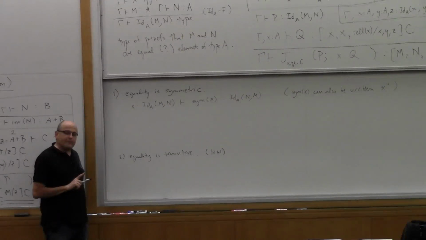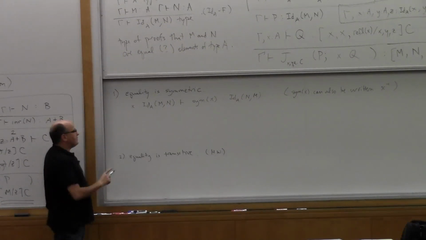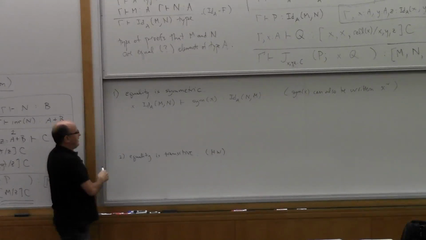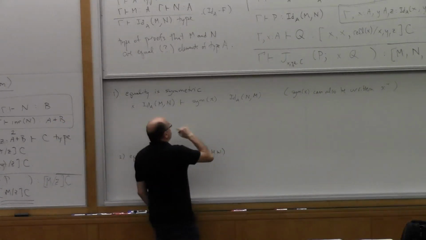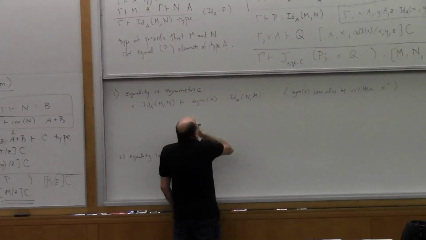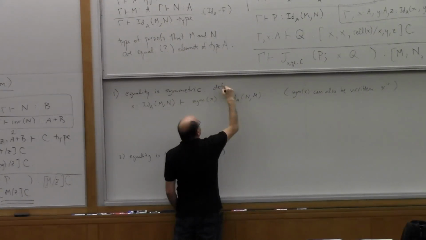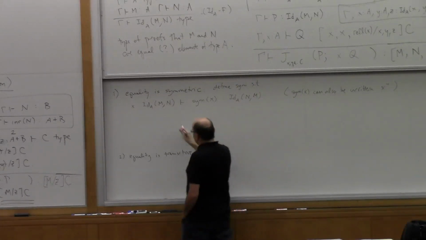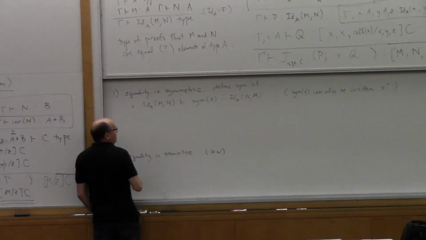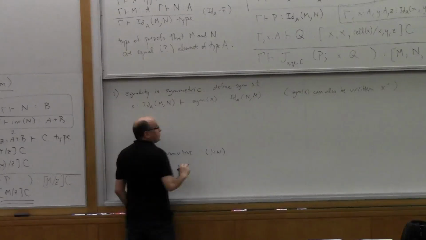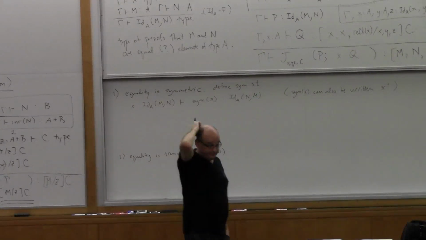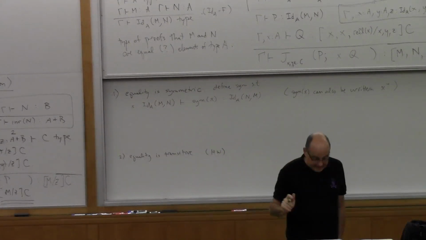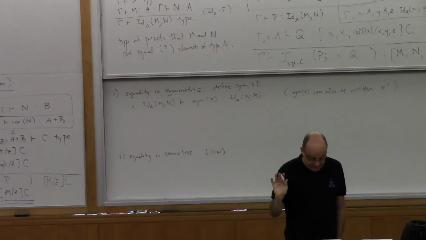So we'll come back to that in a minute because there's something really beautiful there. Okay, but first let's see. So we're going to define sim such that. Okay, excuse me. Define sim such that this is the case. So for any proof of m equal to n, it turns it around and gives you a proof that n is equal to m. And how we're going to do this, and as a matter of honesty, you know, I